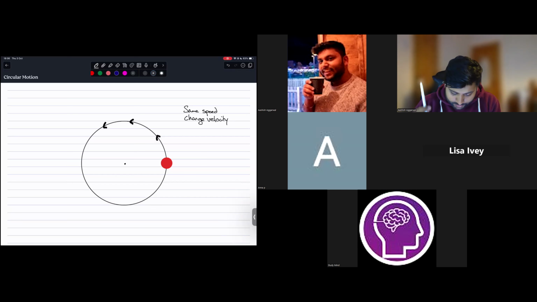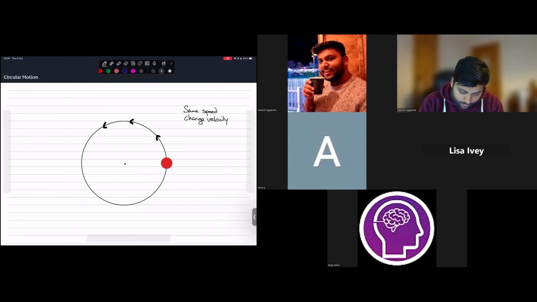item, this ball that's traveling in this circle. And as you said perfectly, it's the fact that this direction is changing. That means that the velocity changes, even though the speed is the same. So as this is moving in this direction, if we take a freeze frame of it right now, mid movement,